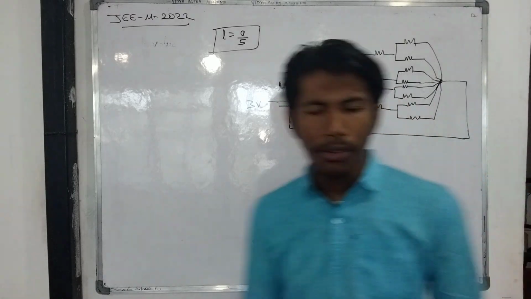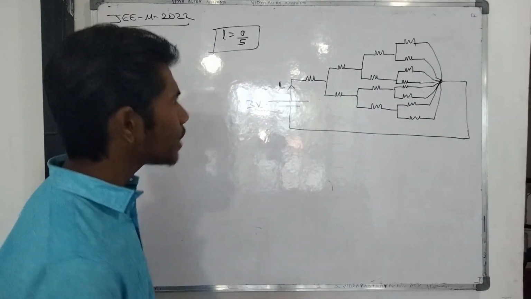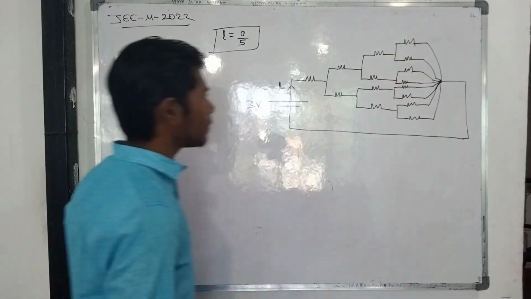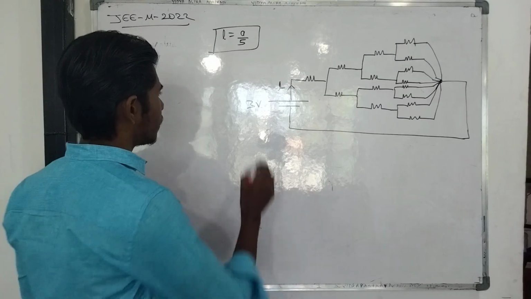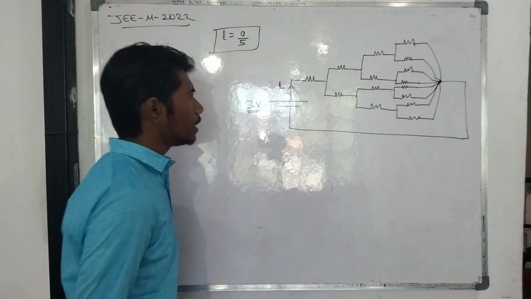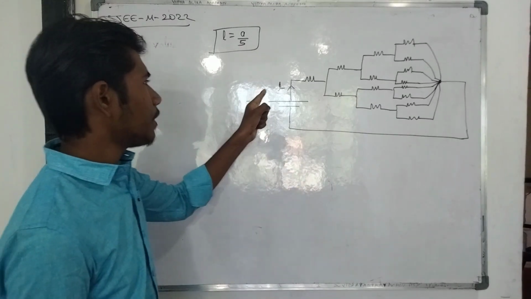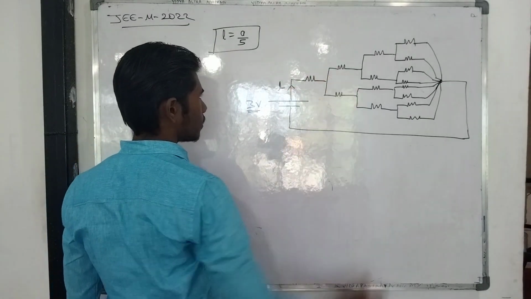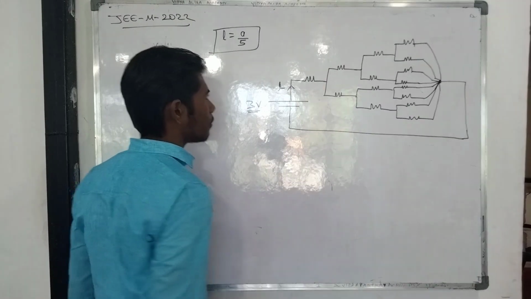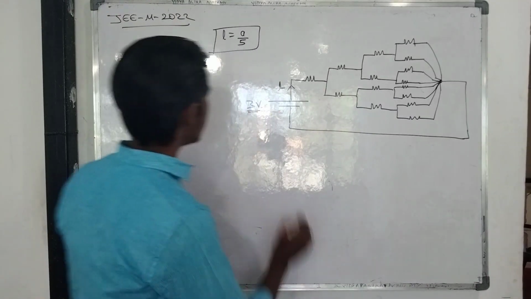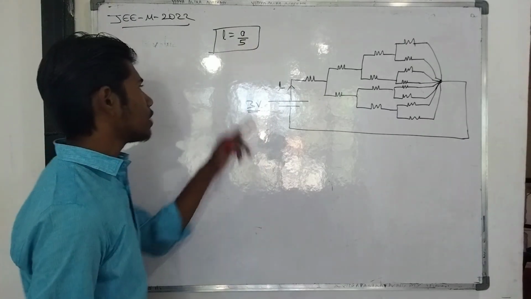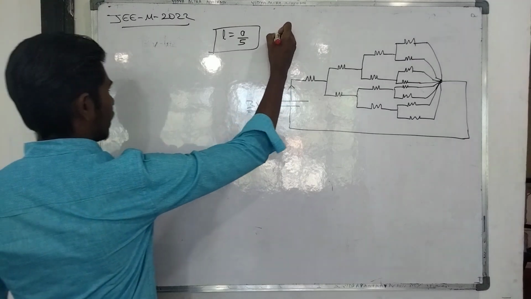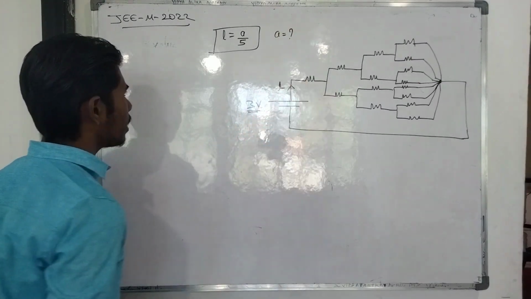Today we are going to discuss a new question, from a new chapter, that is current electricity. So here the setup is given, and they are saying that a battery of 3 volt is connected to the circuit, and the value of current is I, and the resistance of each resistor is 1 ohm. Every resistor is of value 1 ohm, and I equal to A by 5. The value of current is A by 5 amperes. We need to find out the value of A. This is the question over here.